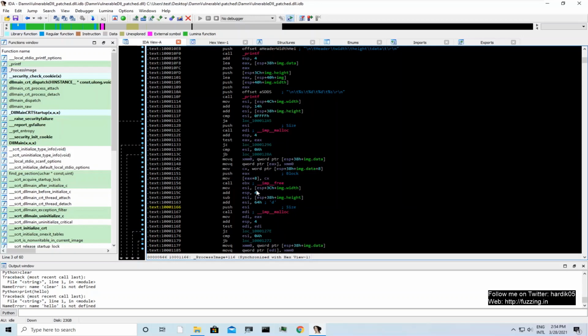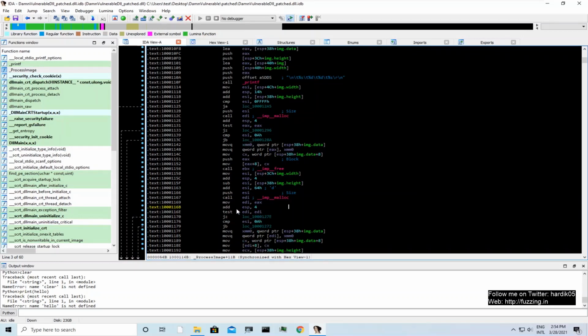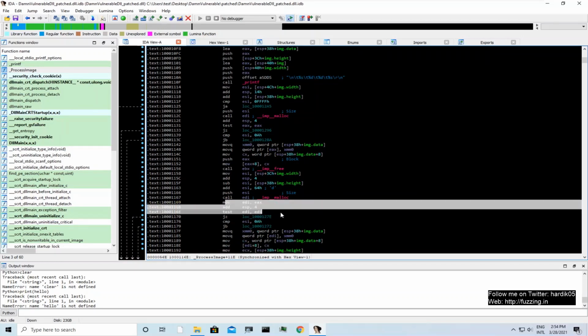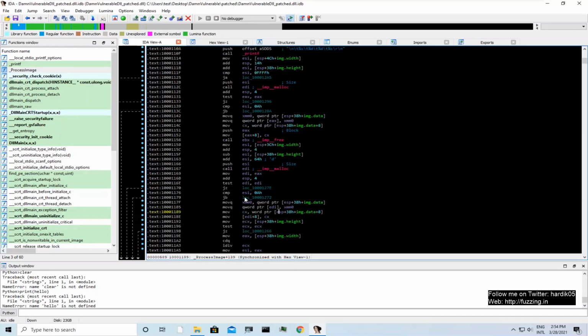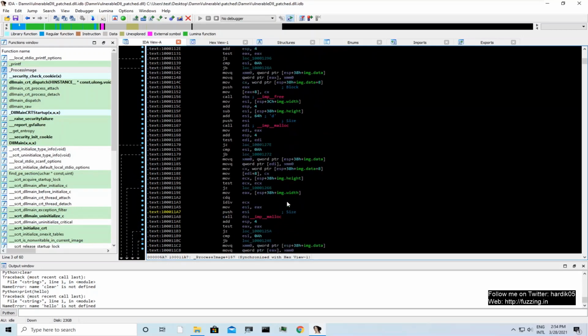If you remember the source code of the program, it subtracts image width and image height, and then allocates memory over here. Here also it is checking if malloc is successful or not. You see there is a test edi instruction over here, and basically the malloc result will be saved inside eax, and here it is moving eax inside edi. So this is how it looks in the code. And then again it is trying to copy some data if malloc is not null. So there are different checks, you can see something like that.